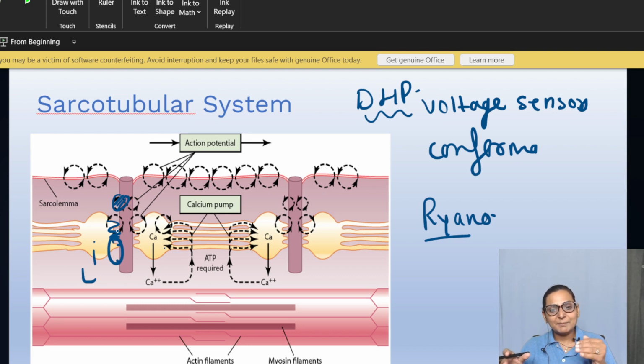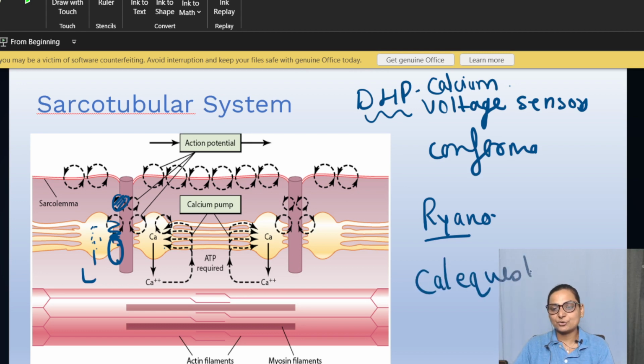Whereas in the cardiac muscles, it is a calcium induced calcium release. That means the DHP receptors in the case of the cardiac muscles are actually conducting calcium. So when the calcium comes from the T tubules, it brings about the release of more calcium from the L tubules. That is called calcium induced calcium release in the cardiac muscles. But in the skeletal muscles, the pure source of calcium is the L tubules, and there is also the calcium binding protein, which is calsequestrin.